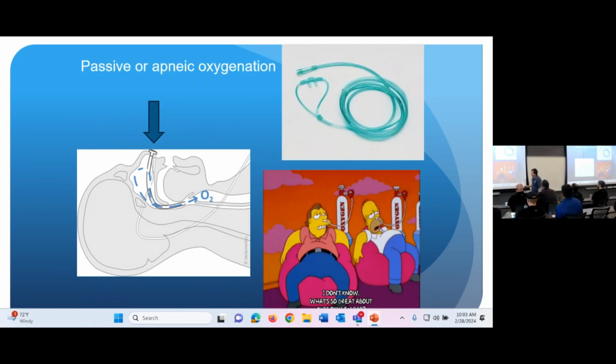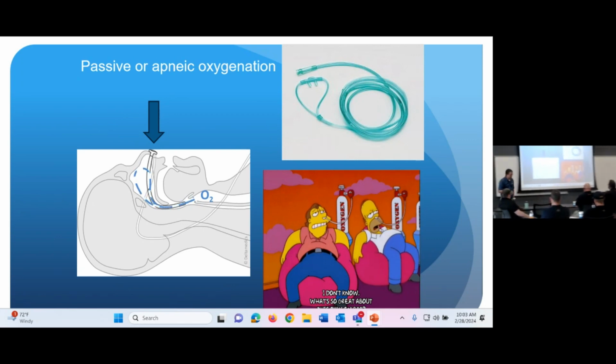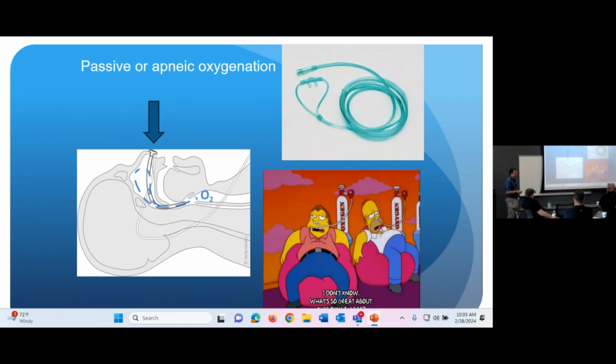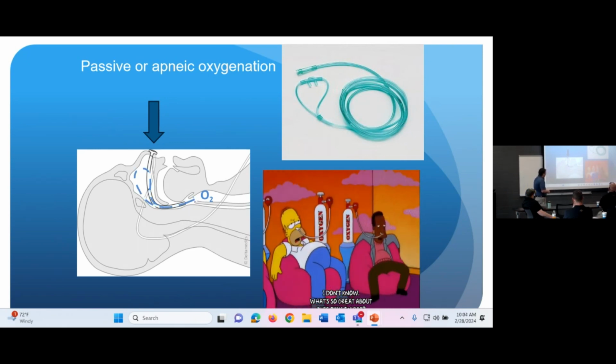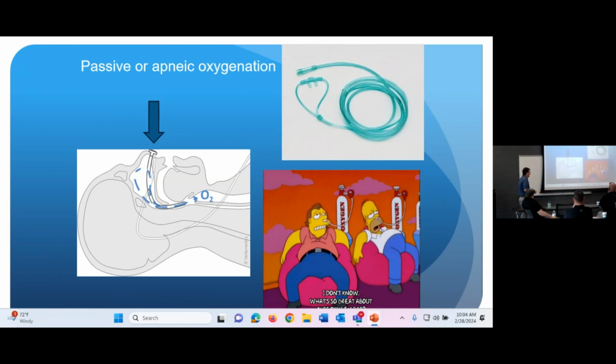So, things I've been hitting every class for the past year. This is my goal for this academic year, to talk about passive O2. Are y'all doing that down here in Dothan? This is a cheap way to keep your people from becoming hypoxic. We get a lot of ROSC back in our state. A lot of people get return of spontaneous circulation post-cardiac arrest. But what we're seeing is a lot of these folks end up having anoxic brain injury, so they don't survive neurologically. Obviously, there's several